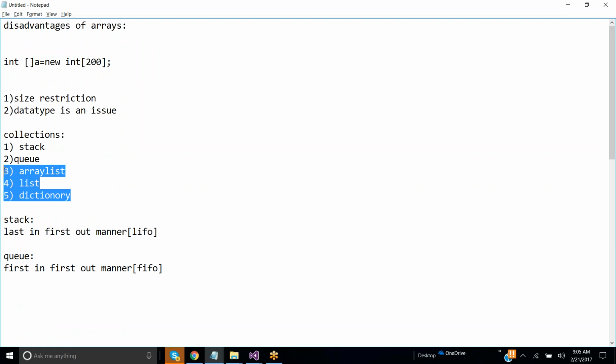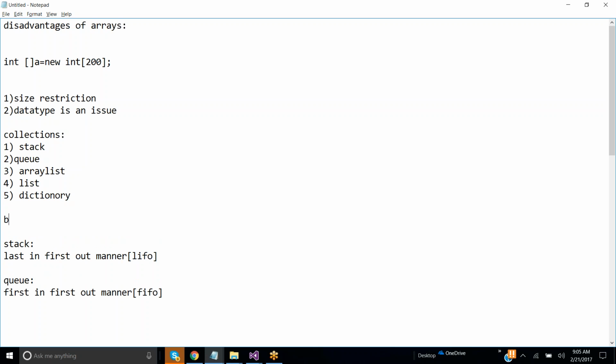What you people do today is practice on arrays, whatever we have discussed: one-dimensional array and two-dimensional array, the disadvantages of the for loop and how to overcome them with the help of the foreach loop, and the collections that are available, stack collection and queue collection, which we have discussed theoretically. And tomorrow we are going to discuss these 5 collections, and along with them, boxing and unboxing also.